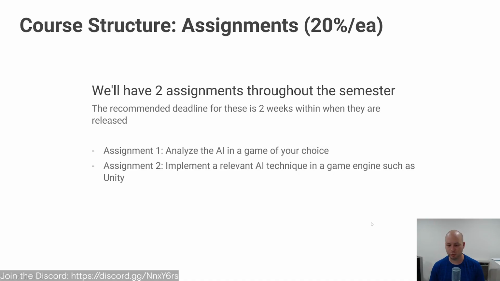And the second assignment is more of an implementation project, like you should build some AI thing that we talked about in an engine such as Unity, such as Unreal, such as whatever. Like, I don't care, build your own engine. I'll be more impressed. So this is really up to you. You can check out the assignments, and we'll eventually get there to talk about them in more depth. Each one of those assignments will be worth about 20% of your grade. And by about, I mean exactly.